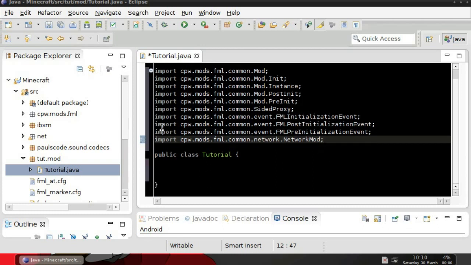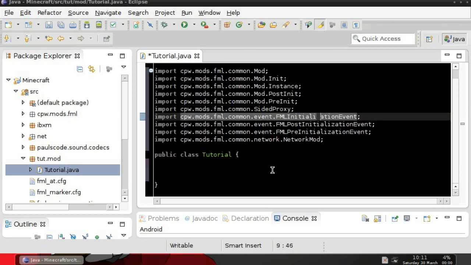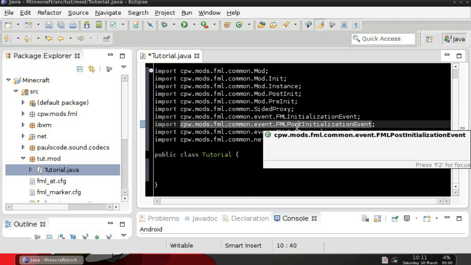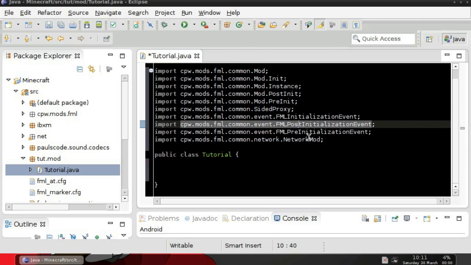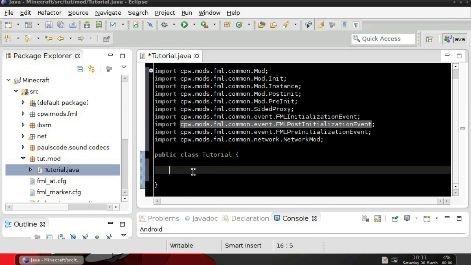What import does is that whenever it imports, it calls the class that it's importing. That way you can use the public methods in it, or variables, and so on. So now that that's done,